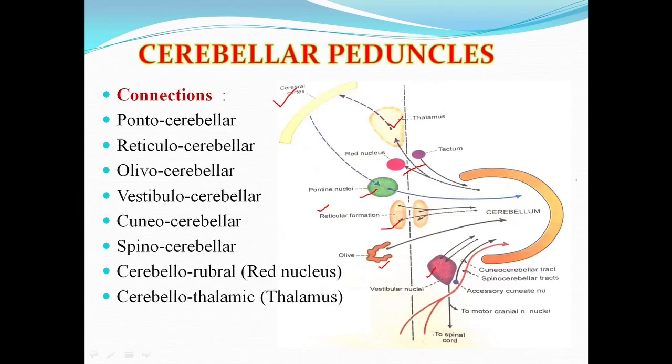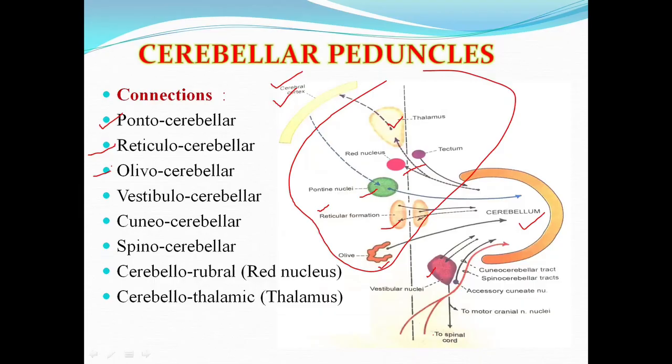Mainly, these are the terms which I have coined now. You should be able to understand from the cerebral cortex. I am reaching to the cerebellum via pons as pontocerebellar, meaning, for ease of understanding, from cerebral cortex via pons to cerebellum. From cerebral cortex via reticular formation to cerebellum. So we name them as pontocerebellar, reticulocerebellar, olivocerebellar,